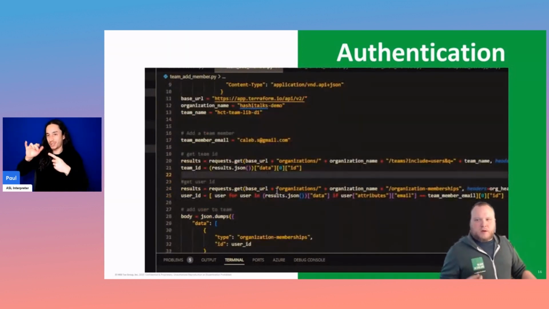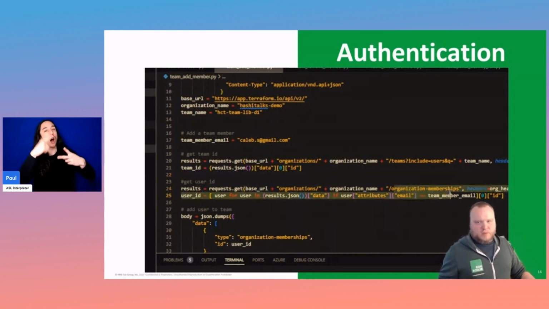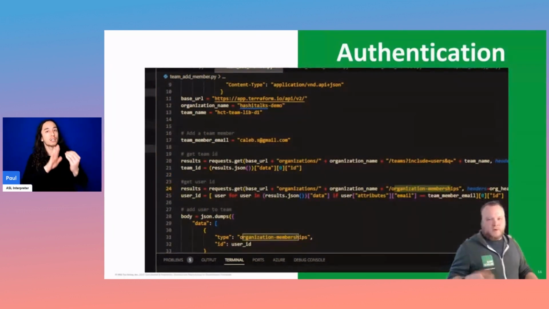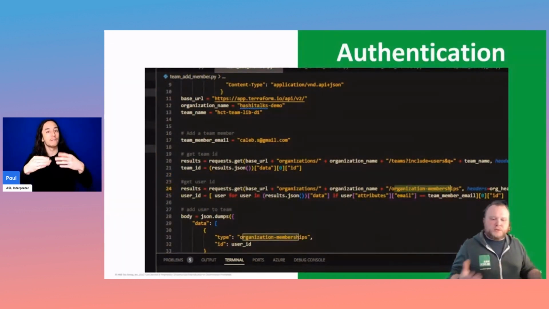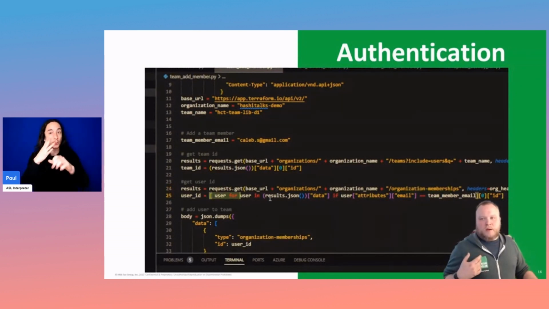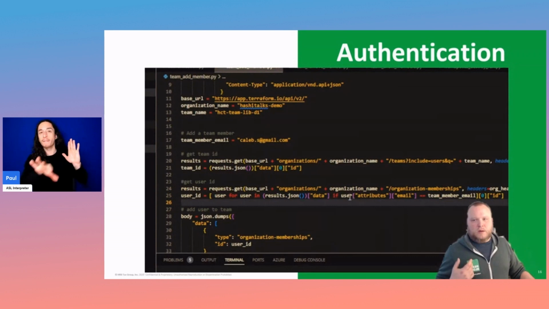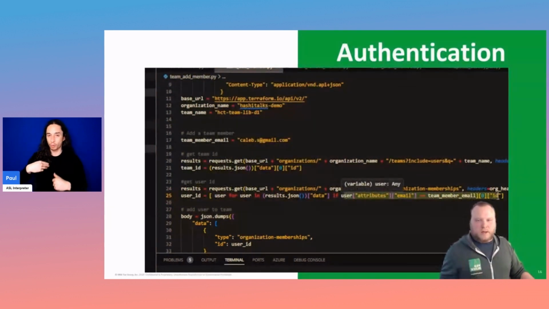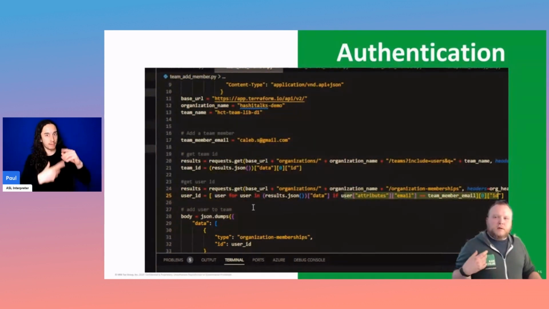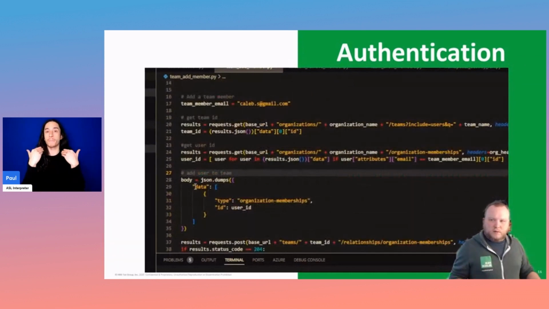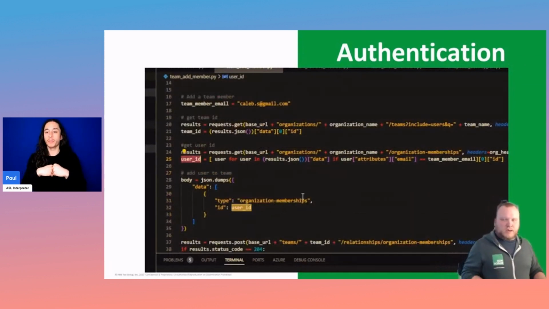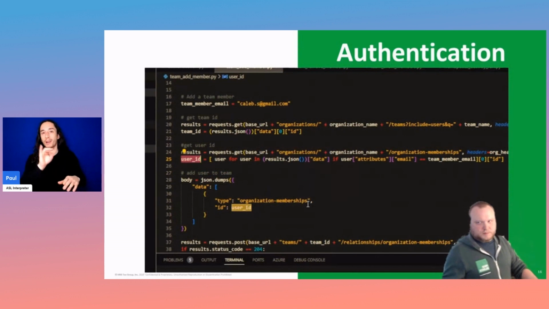And then we have another GET call to organization memberships, which will give you a list of all of the users in your organization. And then we search that list for the team member that we care about,